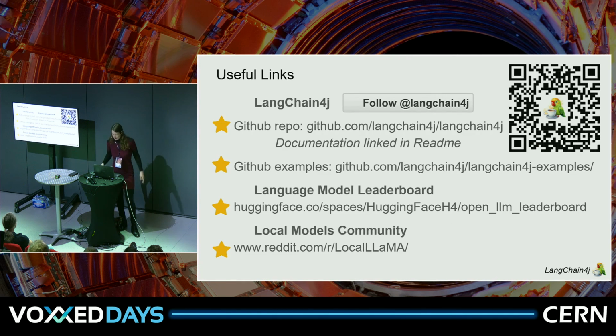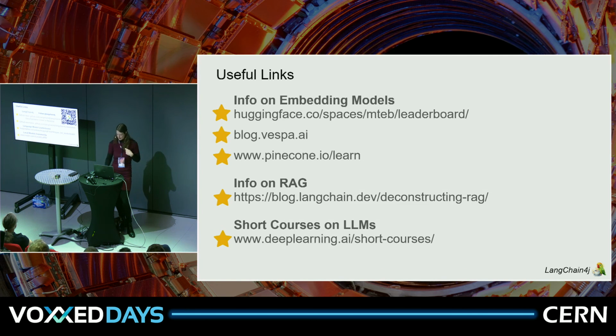So we're at the end of the talk. This is the link to our GitHub repo, but it's easy to find, LangChain4j/LangChain4j. It's a bit of a tongue twister. We have this example folder too, where you will find all the examples I showed in the folder tutorials. There's a link to a leaderboard where you can choose the LLM that fits you best. Some local models community where you can ask everything about your local models. Then more information, just take a picture if you want it. This talk will also be published online, so you can take it there.